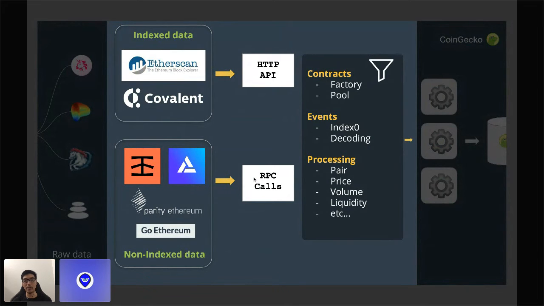Like you need to find out what the contract address is for the factory, which in AMM terms is the contract that generates the pool. And then you have to go into the pool and study the contract and look at the events that are being emitted. So in short, you have to understand what the contract is doing, what sort of data it's emitting in the log, and then calculate everything yourself, like what is the last done price, what is the volume.